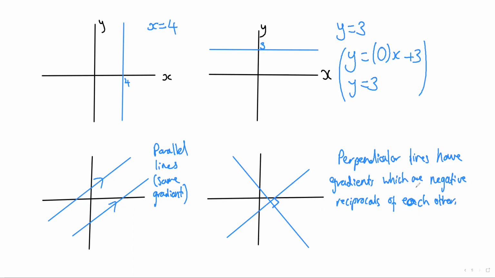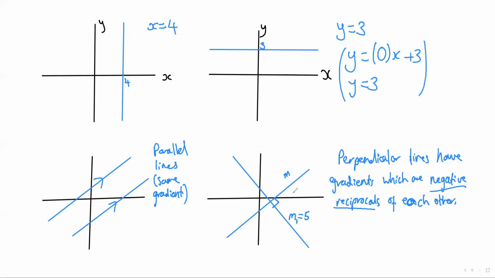And basically what this means is a negative is just a change of sign, and reciprocals are when you put 1 over a number. So what I'll show is, for example, if we say that the gradient of this line, or the m1, let's say, is 5,